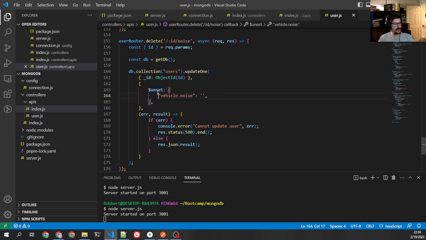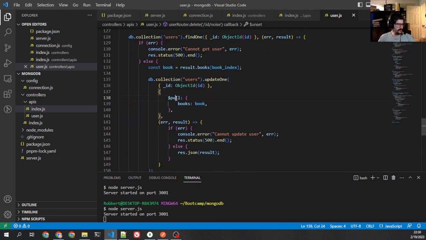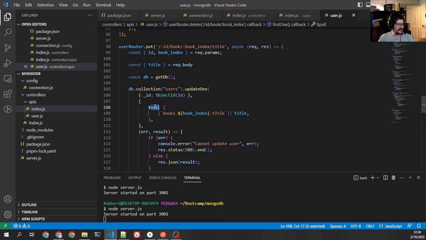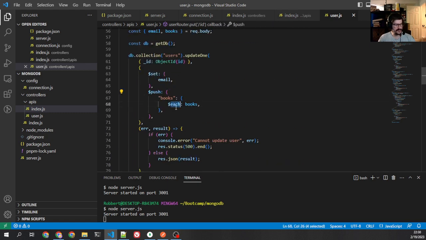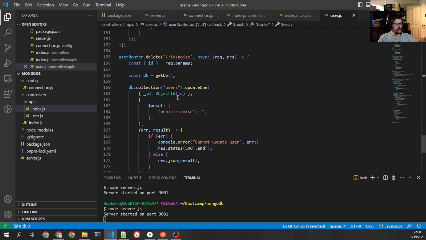So you're starting to see why Mongo has so many operators, because it's not always clear just by having this property what needs to happen to it. We've got unset, we've got pull, we've got set. What else do we have? We've got push and each. So yeah, this is a